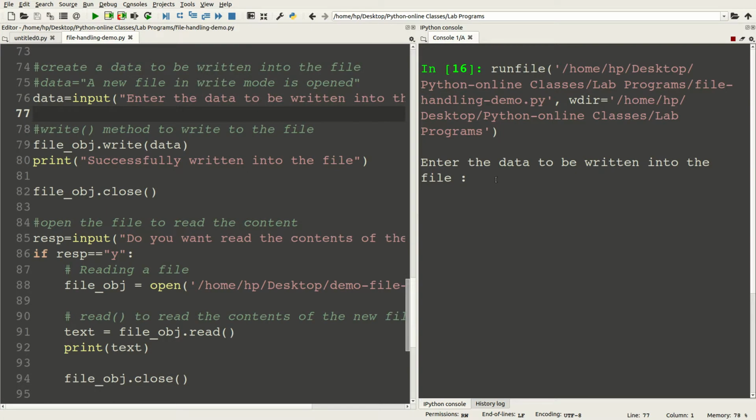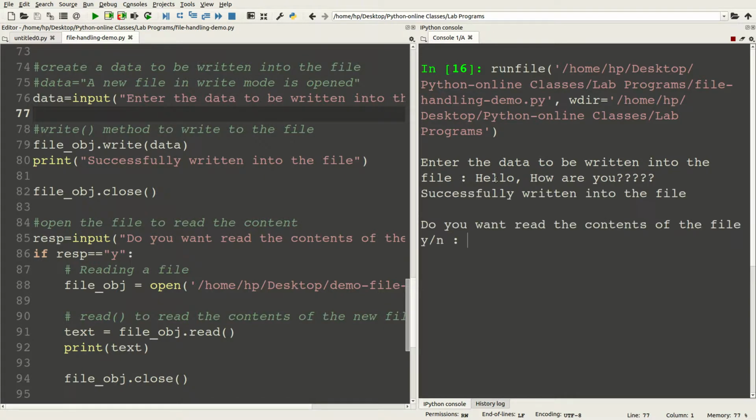I am going to enter hello, how are you? Okay, so this is the data I want to write into the file. I press the enter key. It says successfully written into the file. Do you want to read the contents of the file? I say yes. Press the enter key, and whatever you have typed here, it is all there in the file.